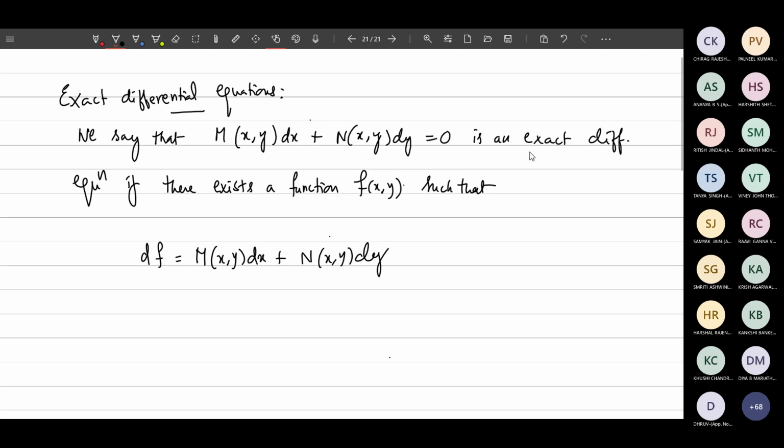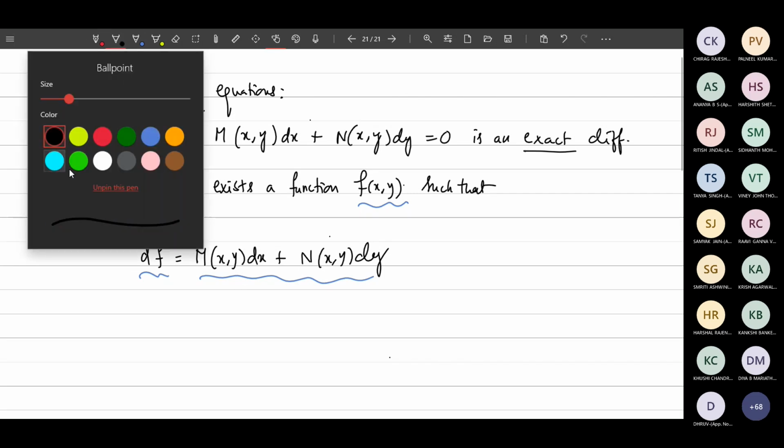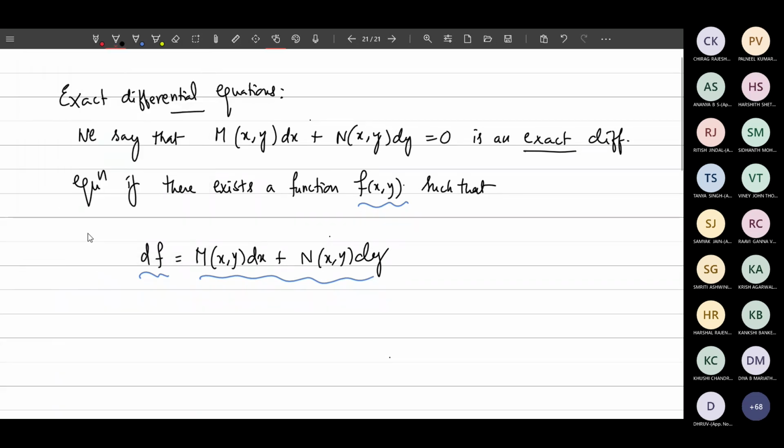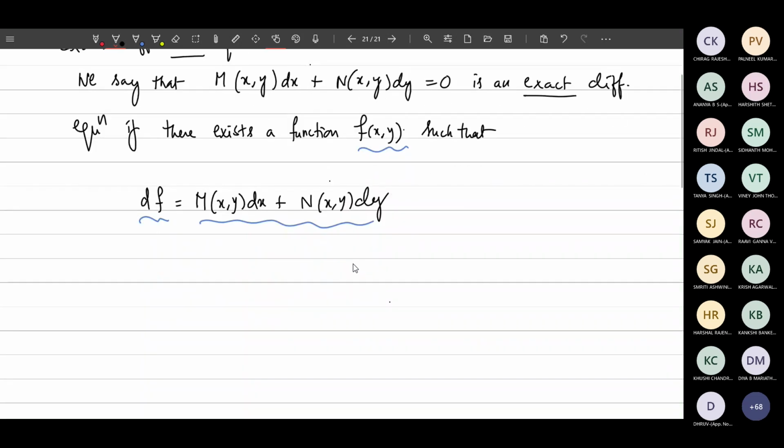So when do we say that this is an exact differential equation? If there is a function f(x,y), also of two variables, such that the differential of this, that means take a derivative, then you will get the given function M(x,y) dx plus N(x,y) dy. But what is the guarantee that it will exist, or is there any condition that you can easily identify that such a function exists so that we can conclude that it's exact, or any equivalent condition to identify the equation is exact? For that, from the problems point of view, we can always take help of this necessary and sufficient condition.